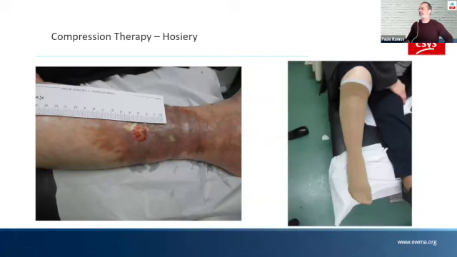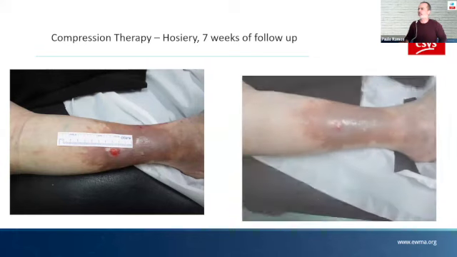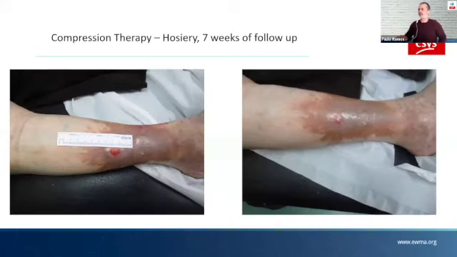And of course, as I said, sometimes you use compression stockings. It's very interesting. Small ulcers, as you can see here. The patient had some concerns about the bandages. She didn't like that we bandage the legs, so we proposed compression stockings. She accepted, and again, it healed very quickly. Seven weeks, and it's done, and the patient was happy, and we were happy too, because the results were achieved